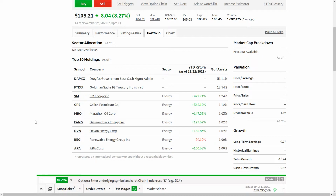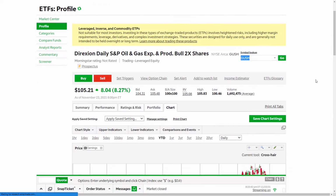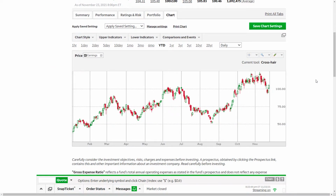So one of the reasons why I am building back into the oil trade at this point in time, I'll bring up the chart right here. This is a fund that I've talked about a number of times this year. The oil market is something that I've talked about a number of times this year, but if you have not seen it at the pump when you are getting gas, I am here to tell you